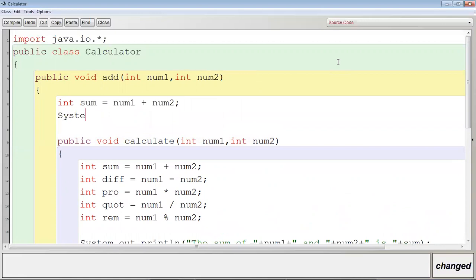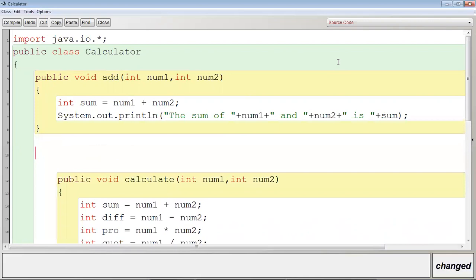Clear? System.out.println, the sum of num1 and num2 is sum.